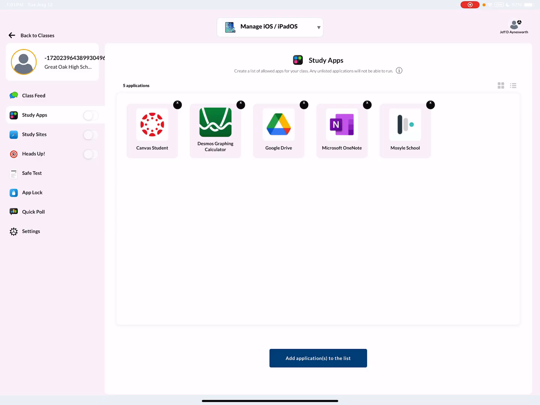They need to get their documents in Canvas. That's why I selected that one. They need to use a graphing calculator at times, whether it's Algebra 1 or Pre-Calc. I may take the Google Drive app out, because that means they can access the Google Drive and they may not need access, and they may pull just straight from Canvas. So I may take the Google Drive out so they cannot access other documents in their Google Drive, just for security purposes. And then of course we're using OneNote for our note-taking tool,